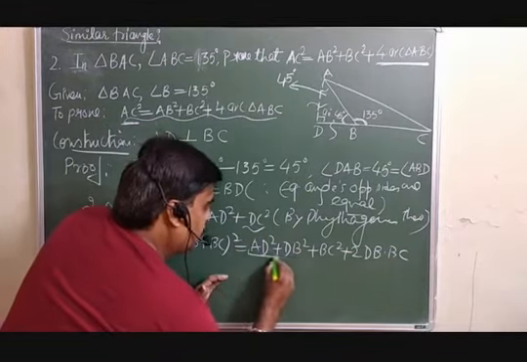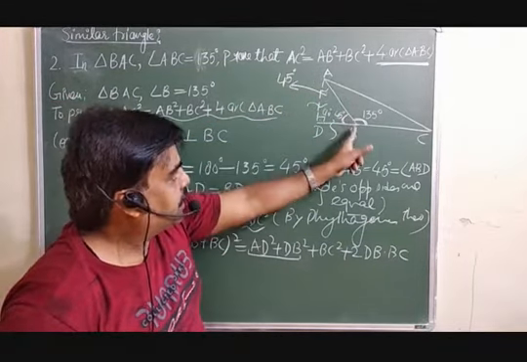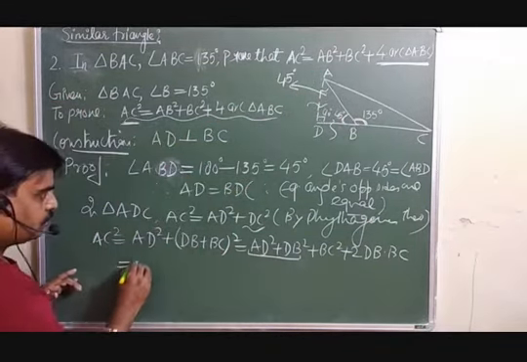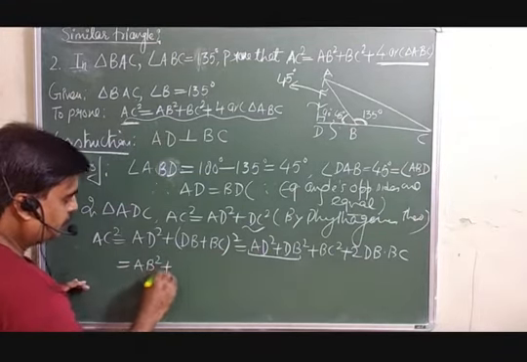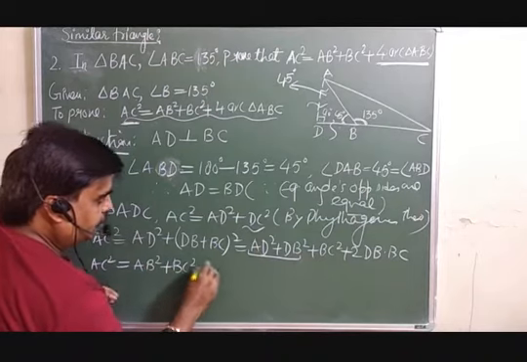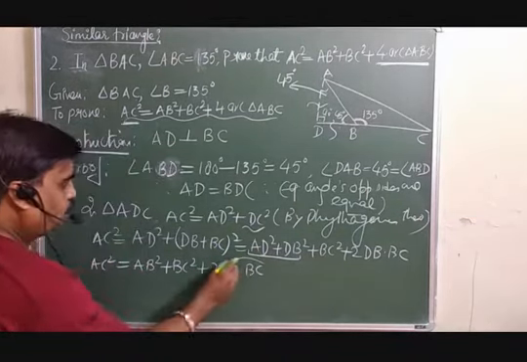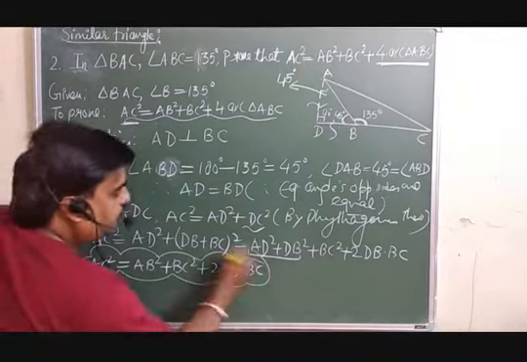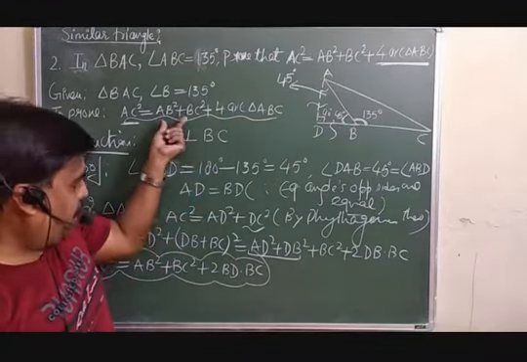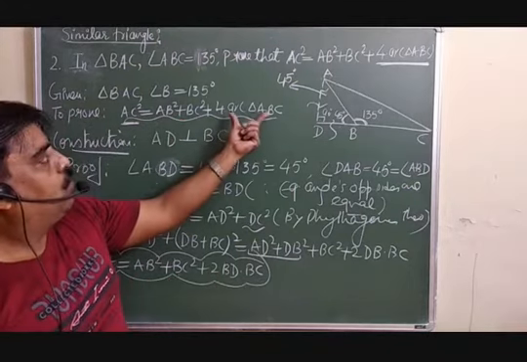We are going to apply A plus B whole square, this one. But in place of this AD square plus DB square, look at here. AD square plus DB square, that can be written as AB square. So this is equal to AB square plus this is BC square, keep as it is, plus 2 BD into BC. So finally you are getting this one. But what we want? We want AB square plus BC square, which you are already getting, but we want in place of this one 4 times of this one.